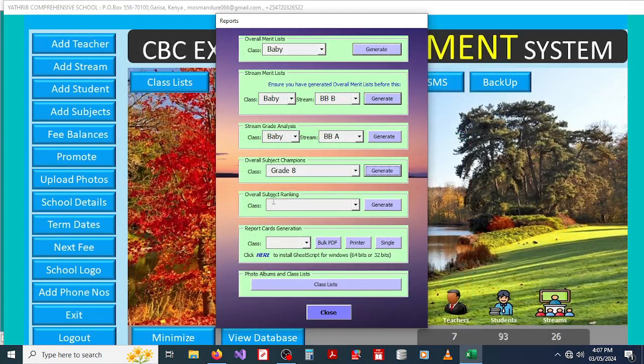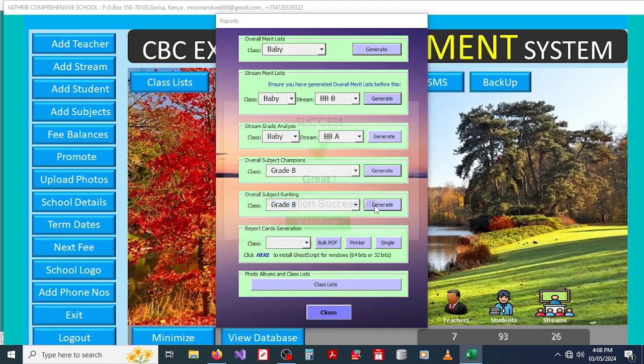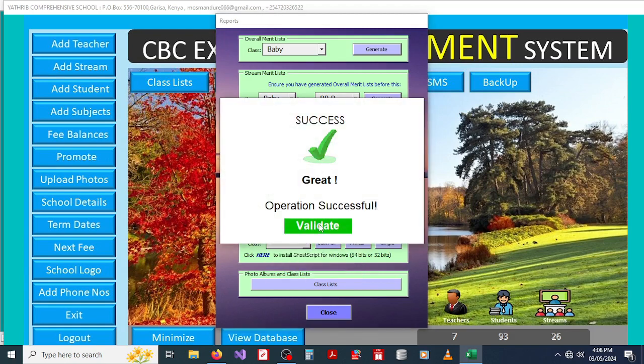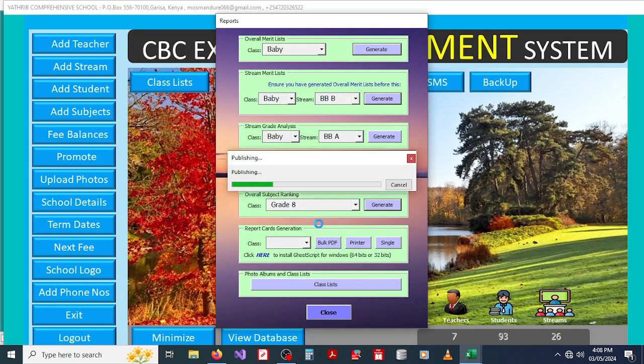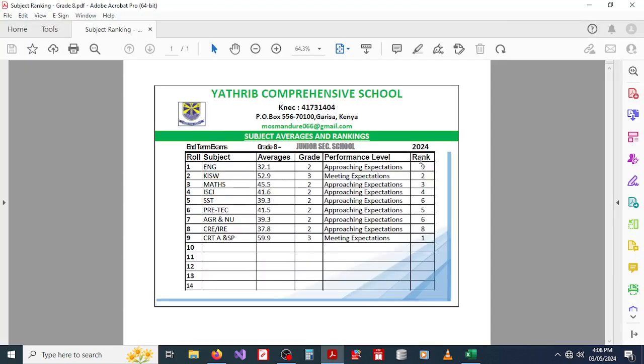Then let us look at overall subject ranking. Overall subject ranking will rank the subjects in accordance with the performance. So subject ranking, grade 8. It's already generated, it's only displaying now. So for grade 8, this is the subject ranking. So very nice report. So you can see junior secondary school